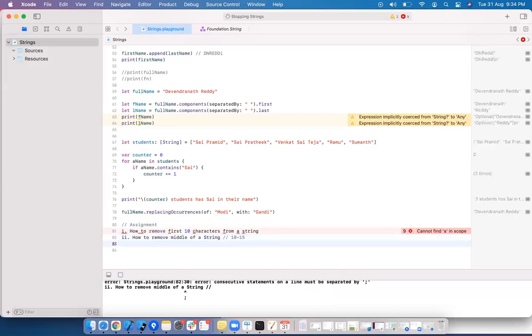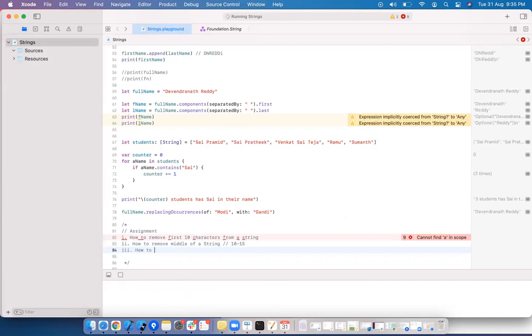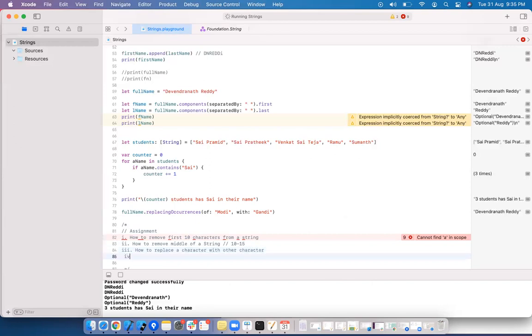How to do that? How to replace a character with another character? How to insert a string in the middle of the string?